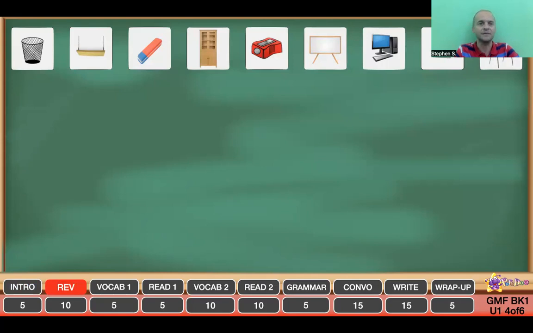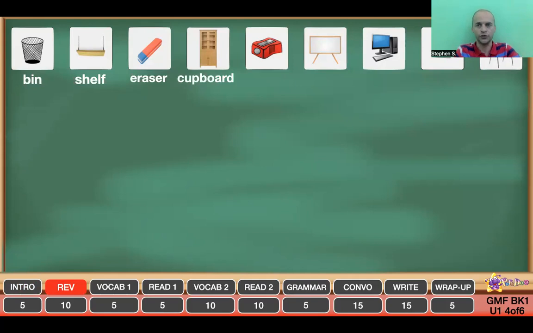So I might say something like, who can spell bin? Student: B-I-N. Good. Who can spell shelf? S-H-E-L-F. Good job. And then as the students are spelling and volunteering, I'll write those words down. Also, for some of the slower students or weaker students, I will then pick on one. I'll say, all right, George, can you spell cupboard? And I'll make George stand up, and George will then say,